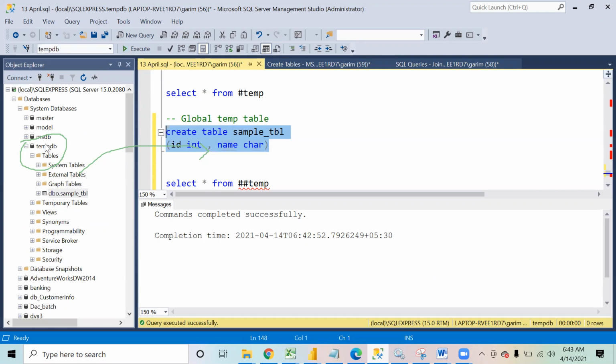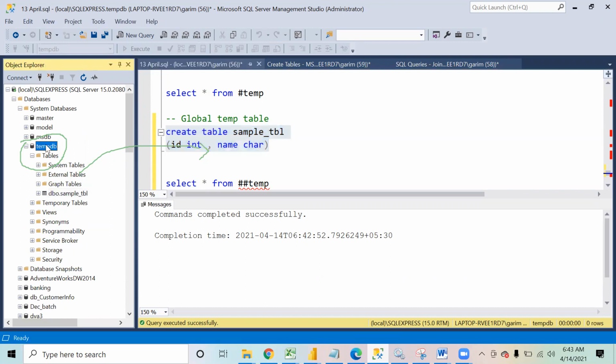The name of the database is temporary DB because this database is created to help you hold the temporary tables that you will create. But now when you use that database and you create a normal table, it is created over here in the temp DB. Even if I close my SQL session and anytime I come back and use temp DB, I will be able to access this table. So this is like a permanent table. But when you create any temporary tables, they will be created over here in this folder by default.